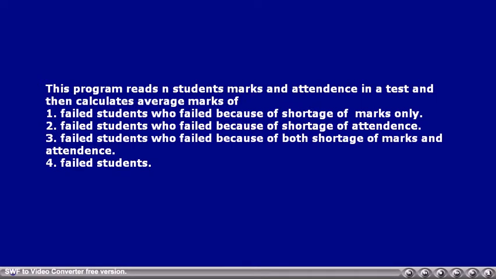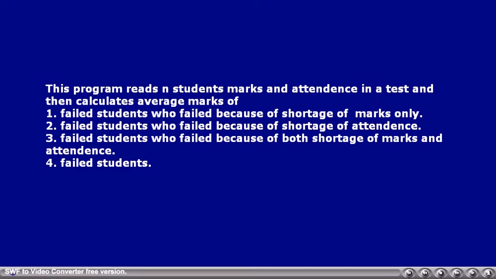Average marks of failed students who failed because of shortage of attendance only. 3. Average marks of failed students who failed because of shortage of both attendance and marks. And 4. Average marks of failed students.